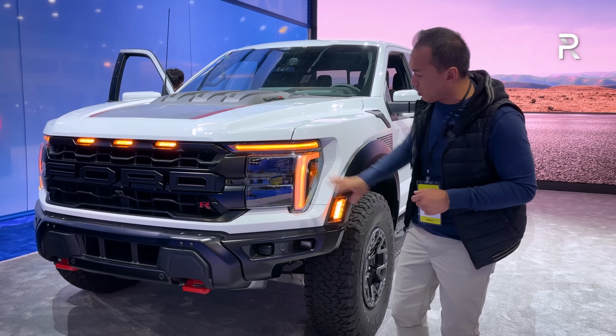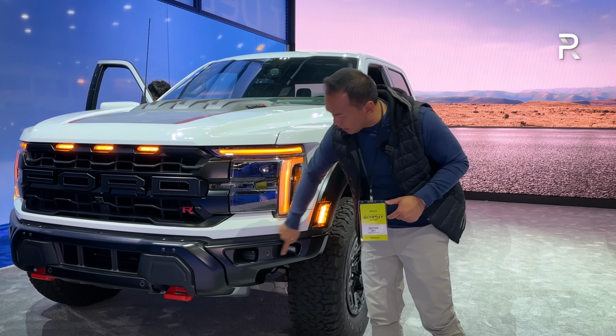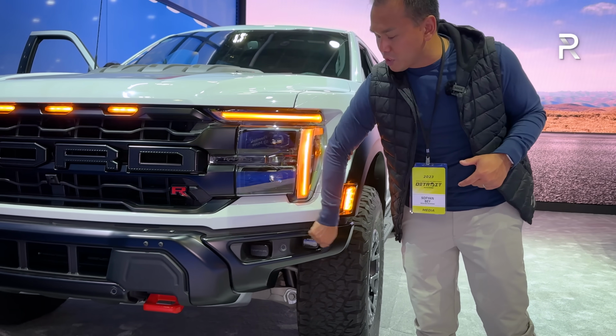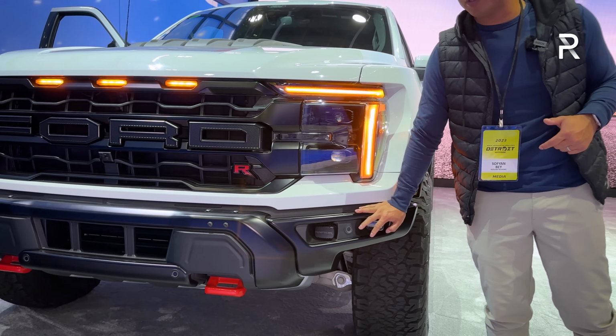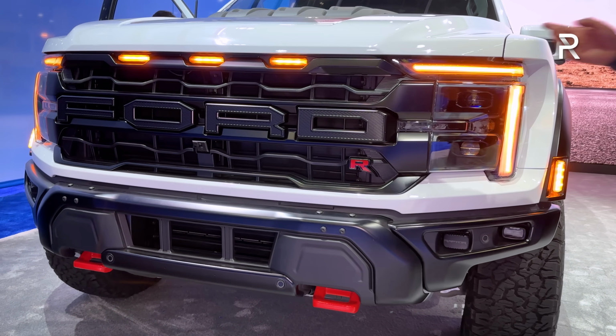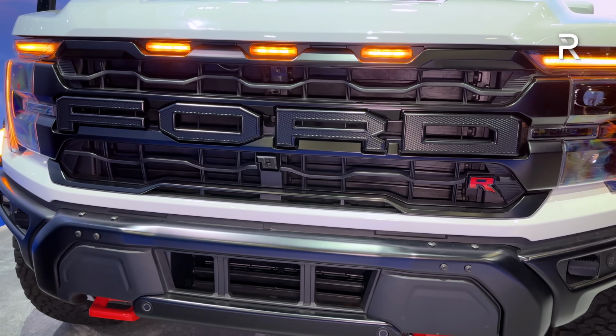You can see the updated front end here. The headlights have a unique look. They're a little bit wider. They have the orange amber LED daytime running lights, although it still lacks that additional piece down here, and that's because of this modular bumper that you get for the Raptor R, which, again, is a steel bumper. You have the Rigid Industries fog lights here, along with the Raptor specific grille with the orange amber three-pointed running light there, which again accentuates just how wide